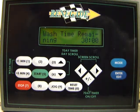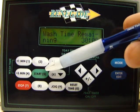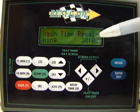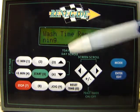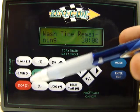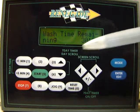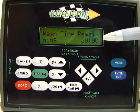This is going to tell you how many minutes your wash cycle is going to run when you press the start button right here. That'll start the wash cycle and it'll run for this amount of time. At any time during the cycle, you can also press the stop button. That'll interrupt the cycle, and it'll also reset the time to whatever the time was set before, which is 30